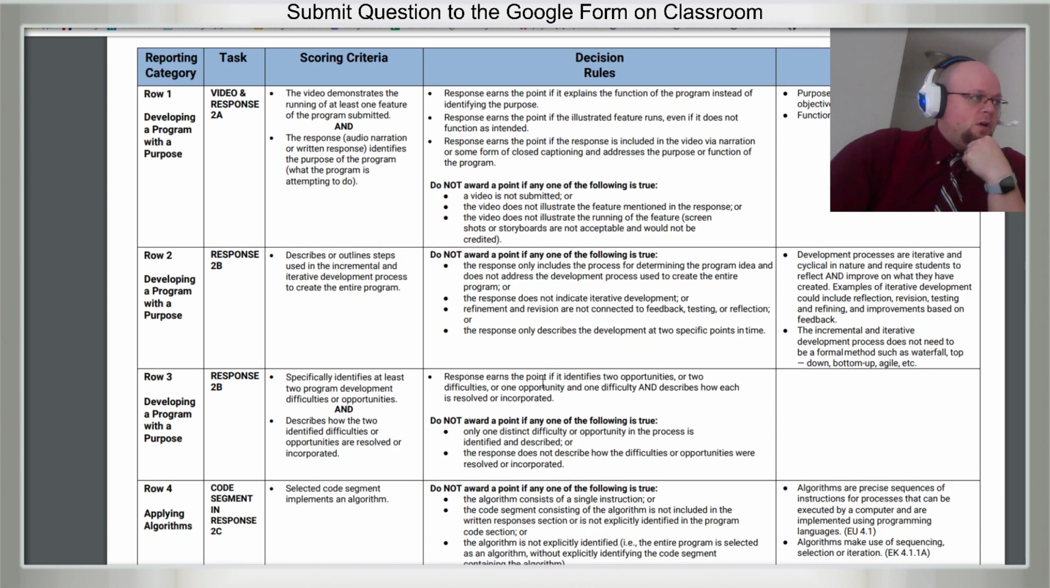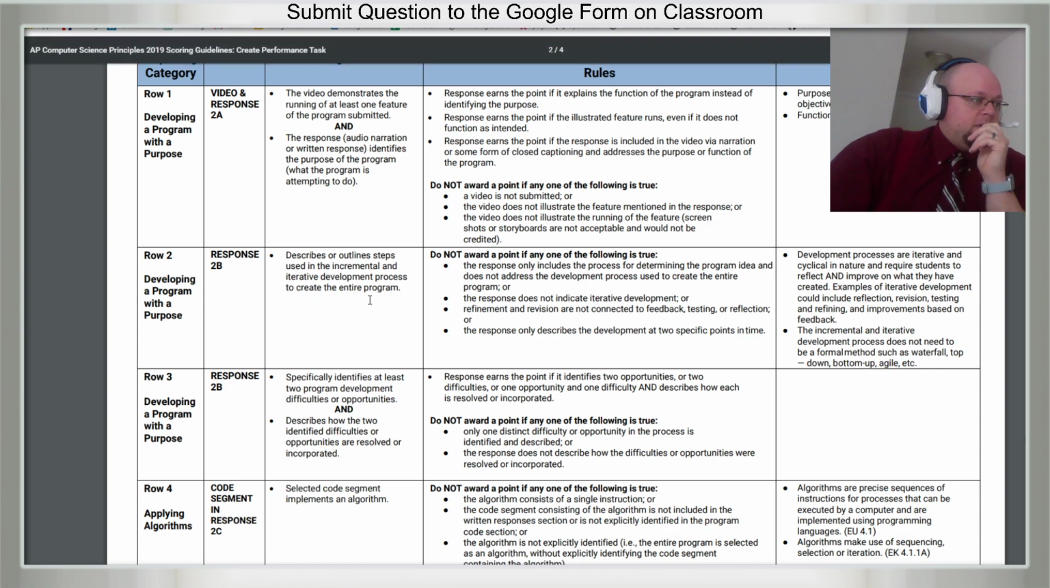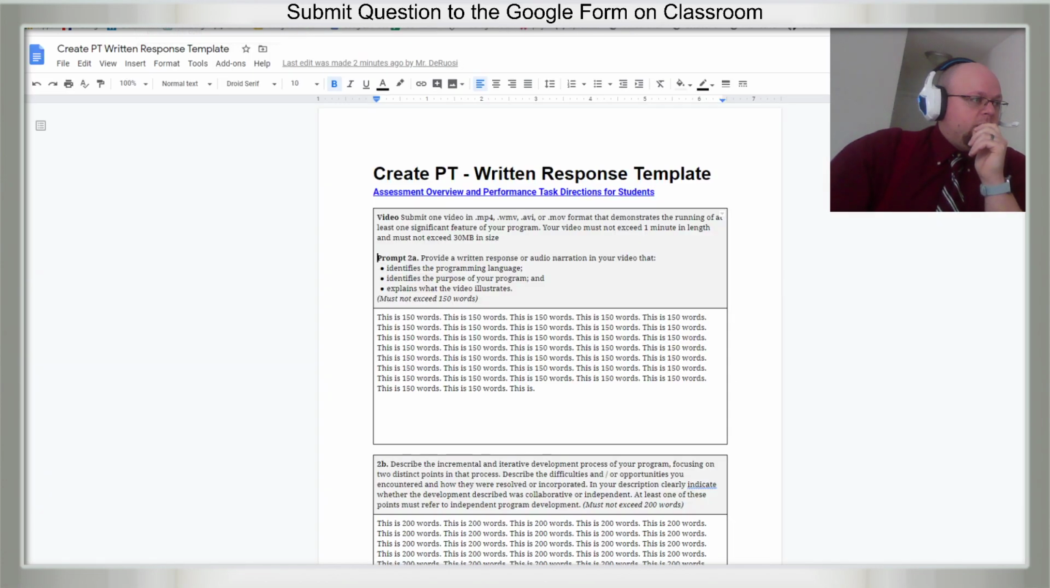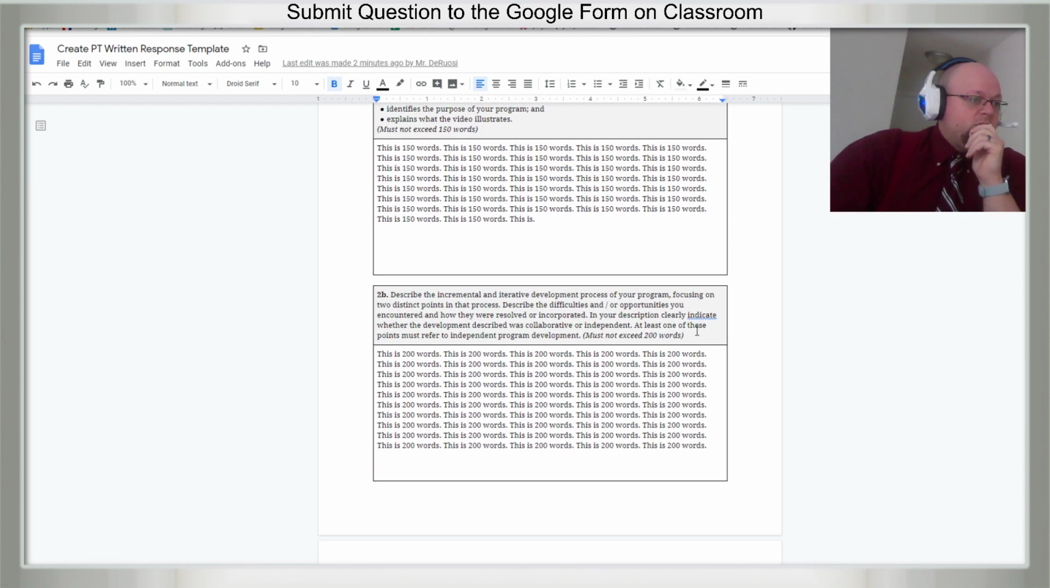Okay, so row 1, the program has to work. Easy. Row 2, develop a program with a purpose. Okay, this is about your second response. Does it outline the steps of incremental process or development process to create the program? You are just going to talk, or rather write, about how you made the program,